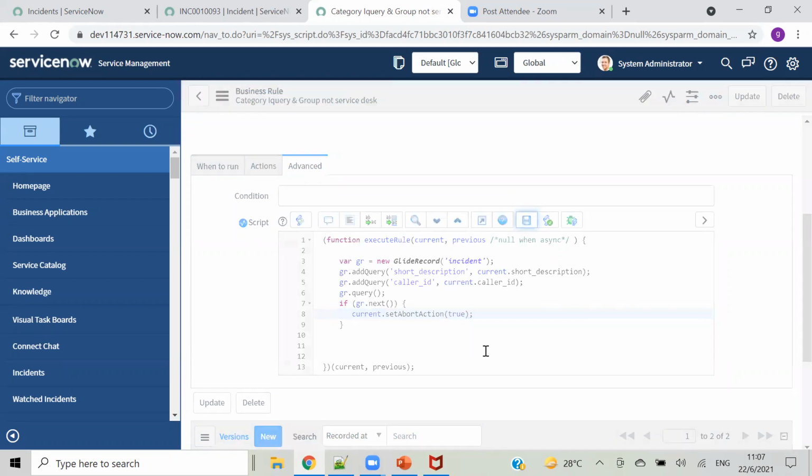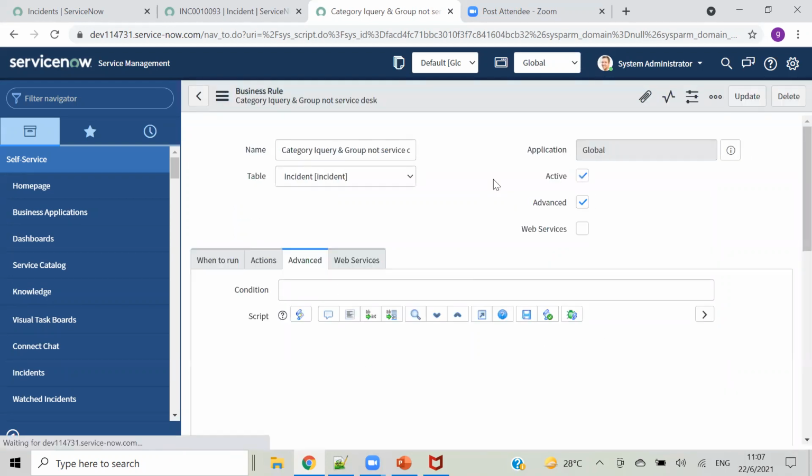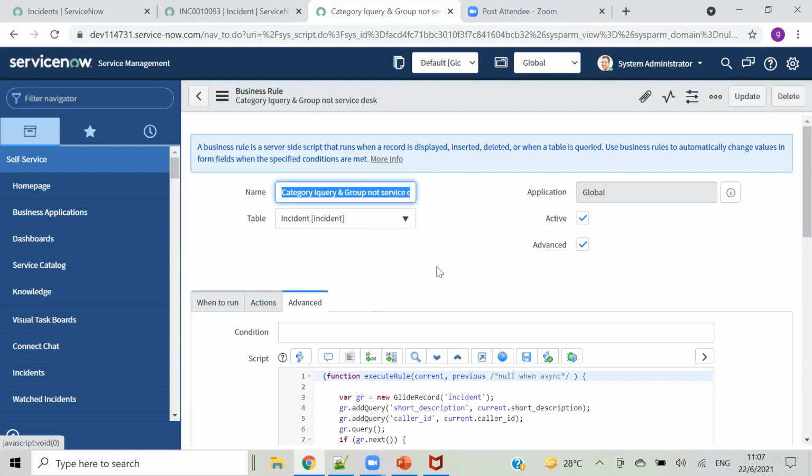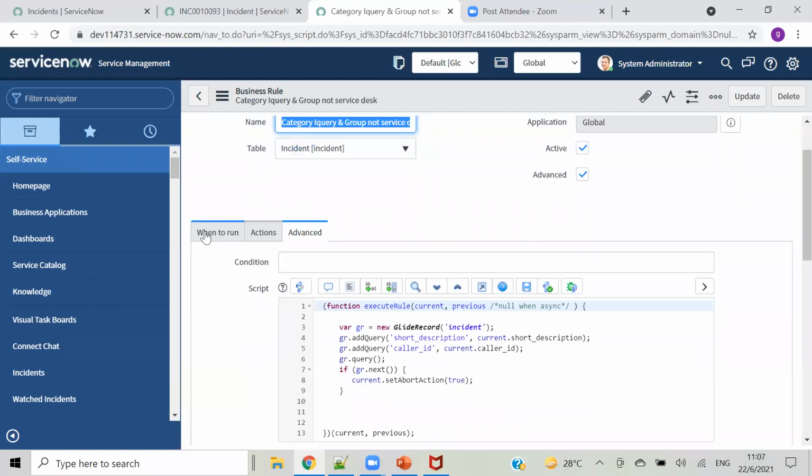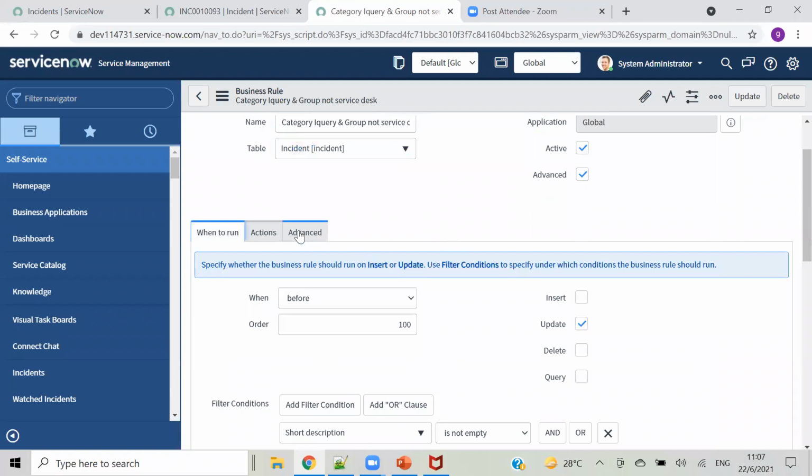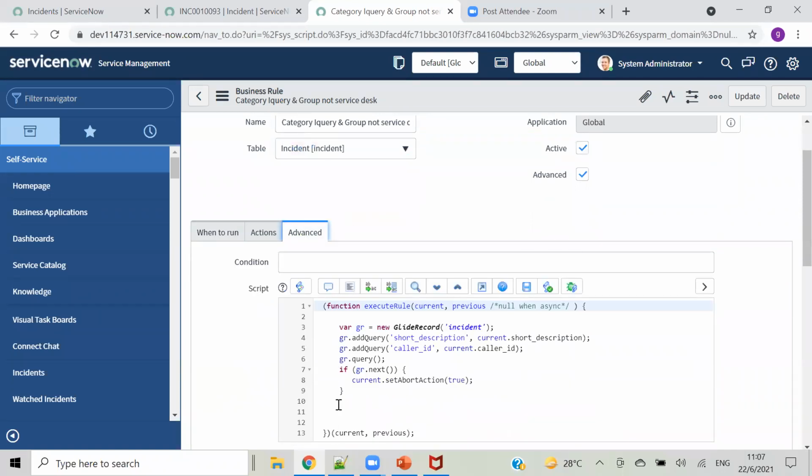Can we add other options also? Like what other option? Glide record in glide record. Yes, you can write as many glide records as you want in this script.